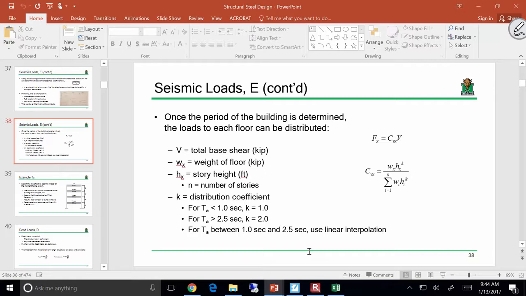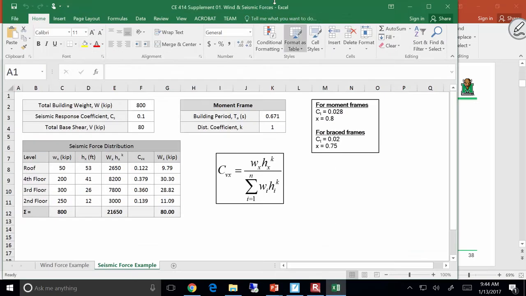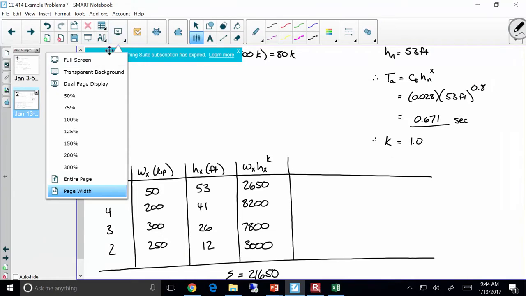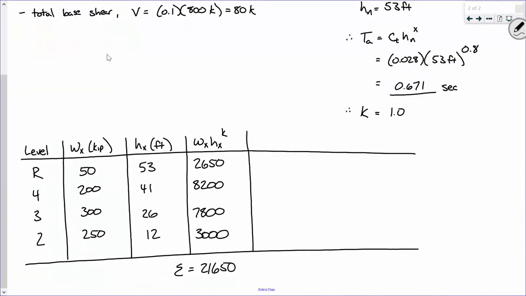This formula is a distribution coefficient, and it basically tells us how much of that base shear goes to each story. So the way that we do that is we take this WH raised to the K for a given story and divide it by the sum of them for all the stories. So it's actually pretty basic. So to determine the first one, we'll put in a column for CVX,